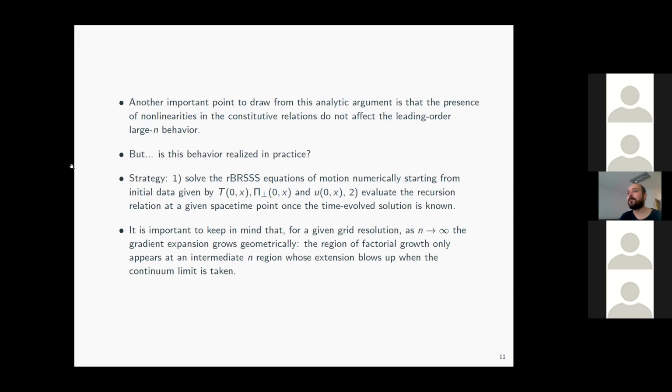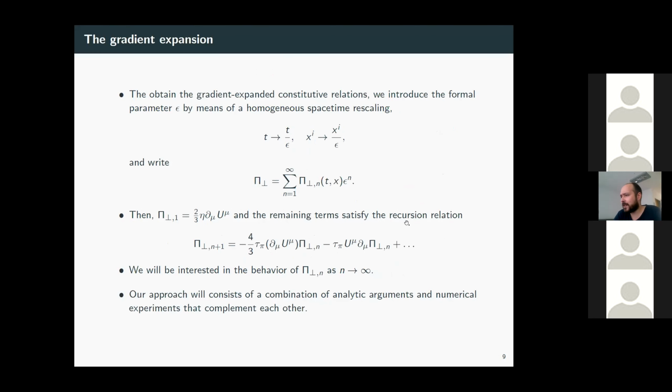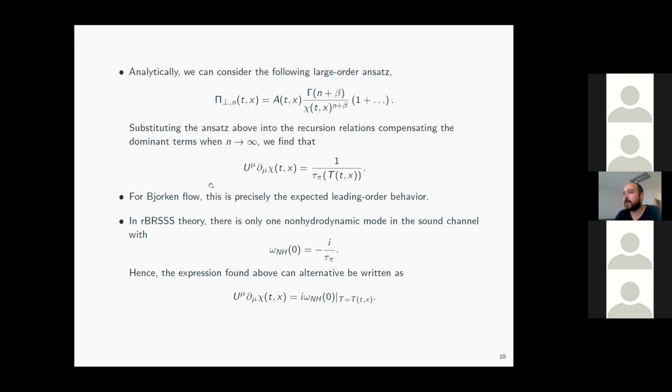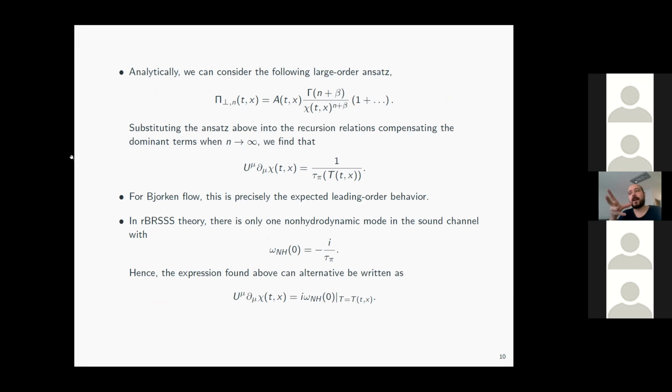Okay, so by the way, an important point to draw from this analytic argument is that if you look at the equation of motion satisfied by chi, it turns out that the second order terms that will be present here, which I'm not writing down for simplicity, actually do not affect this equation. They would enter into the computation of this prefactor, but they wouldn't affect the particular form of chi. So this analytical argument would suggest that these terms are not necessary to support this factorially growing ansatz.